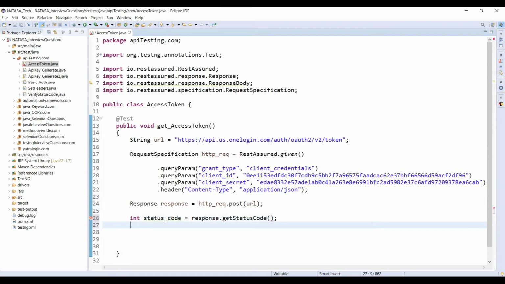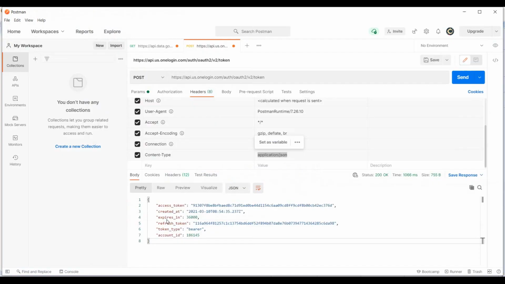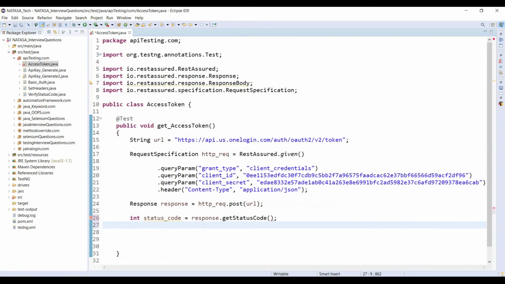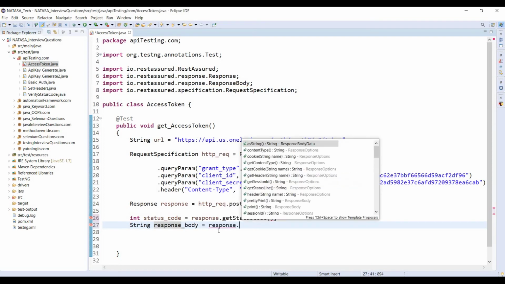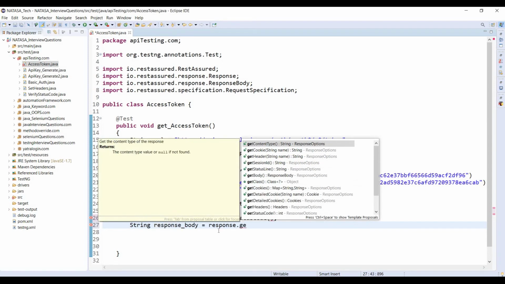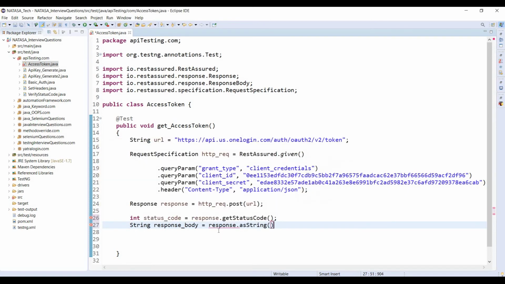Next, the response body. We have to take this response body, and it will be in string format, right? So String responseBody equals response.asString.